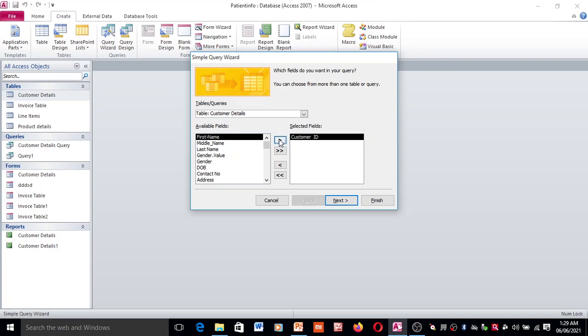Here I am selecting customer ID, then last name, then amount paid and number of days. After selecting, you can see the selected fields.